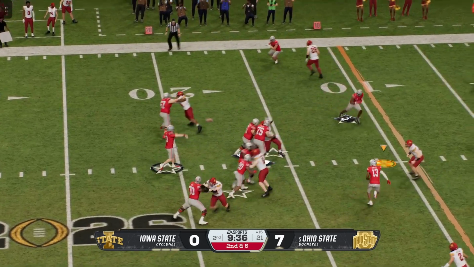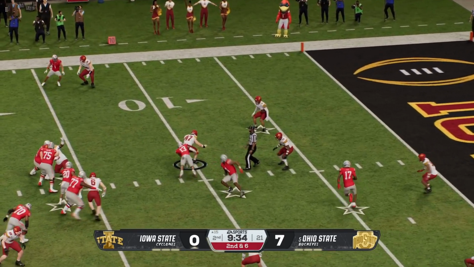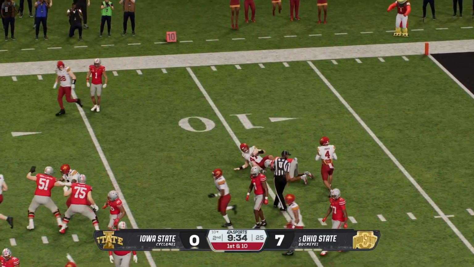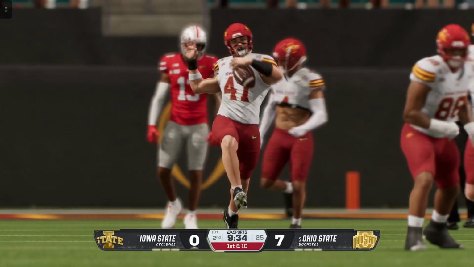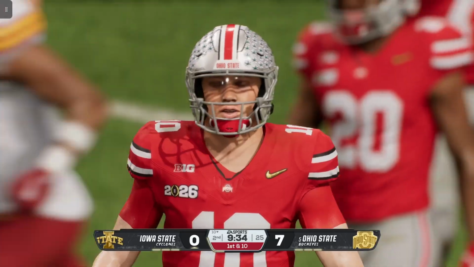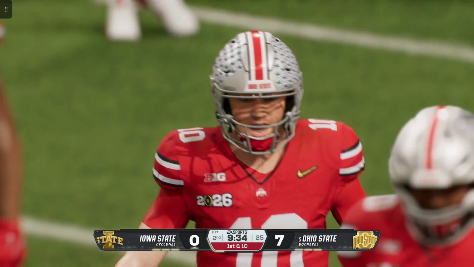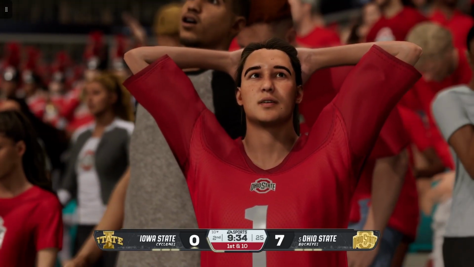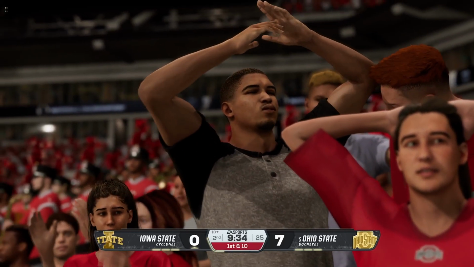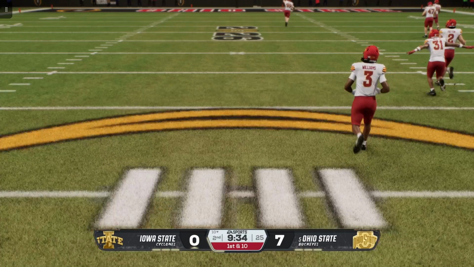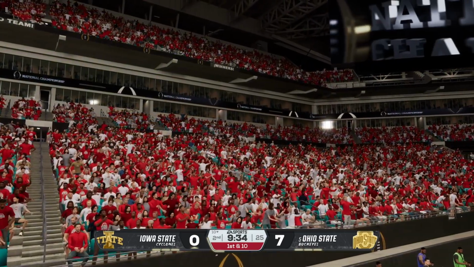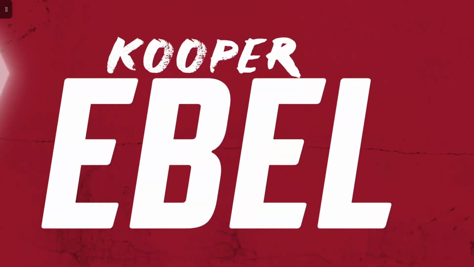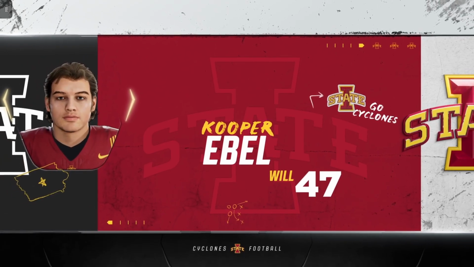Dropping back. Oh, the pass is picked off. Tackle made after a short return. The pick ends that threat. When you get this close to the end zone, you've got to be able to come away with points, at the very least a field goal. They've got to be scratching their heads and hoping that in the second half, this play right here doesn't come back to bite them.